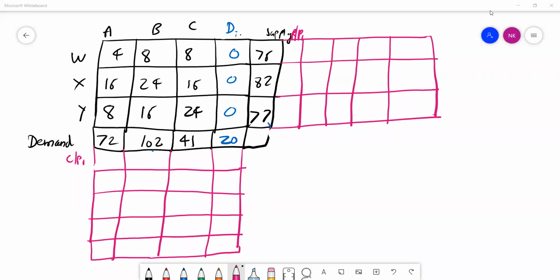Okay. So row penalty, the minimum values are 0 and 4, so it's 4. Now over here you can see in all the rows you will be having zeros. So whatever the minimum value will be there, it will be reflecting over here, 16 and over here 8. In the column it will be 4 and 8, so the difference is 4. 8 and 16, the difference is 8. And over here 0 and 0, so the difference is 0. Let me highlight this thing so that we don't make mistakes by confusing the demand and supply.